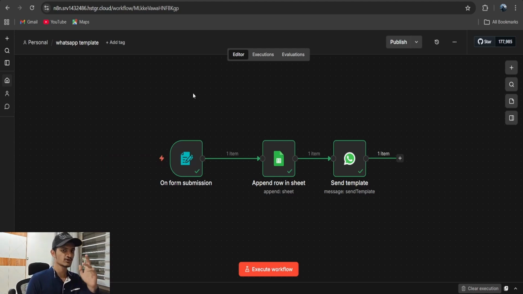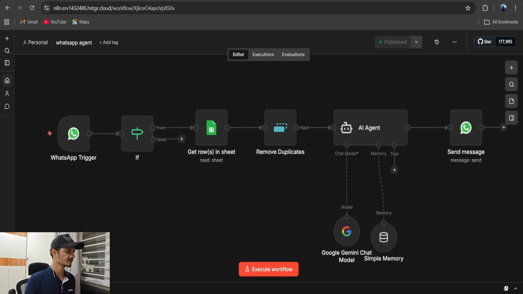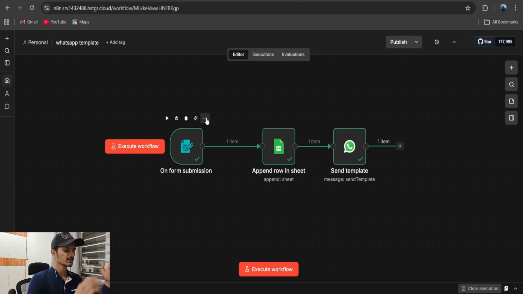The system has been split into two parts. One is lead capturing, CRM logging, and doing the outreach in WhatsApp. The second part is the WhatsApp qualification agent. Here we have used a form submission trigger. In production, we can replace this trigger with a webhook trigger, which is connected to your website. Whenever a lead submits the form present in your website, that data is going to be transferred here and logged into a CRM, and they are going to get a message,